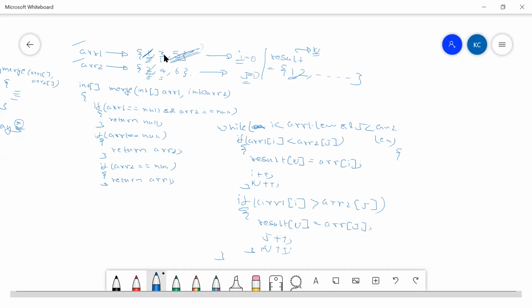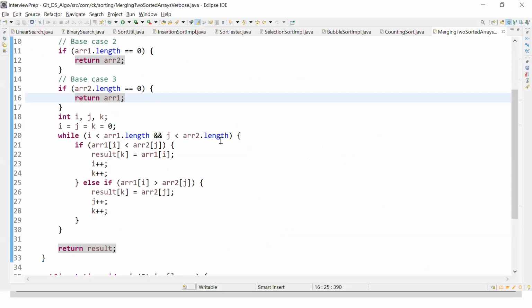For example, let's say arr1 is equal to 1 3, then arr2 is equal to 2 4 7 9 11 12, etc. So here, my arr1 I'll be coming to an end, but my while loop says I need to break after I came to an end of this one.